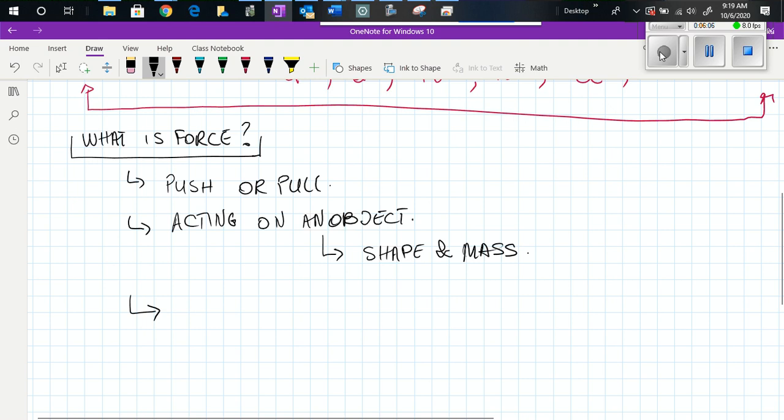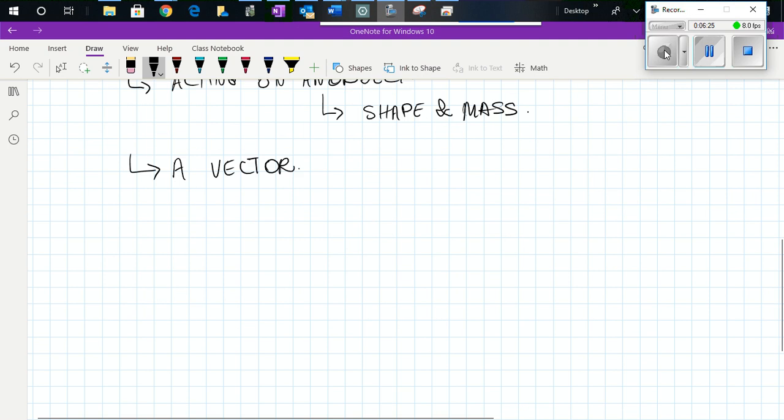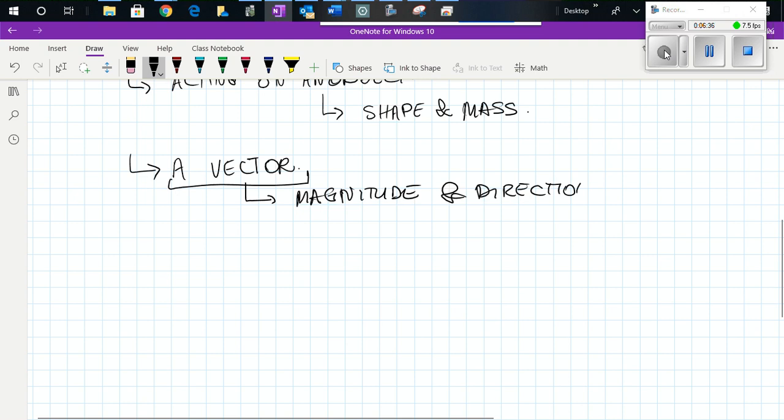Now, another very important thing about the qualities that force possesses is that force is a vector. And what did we say about vectors in the first part of physics? That is very good. That means that we have a magnitude and direction. And the magnitude, we have said always, is the numerical value along with units. And since we are at units,